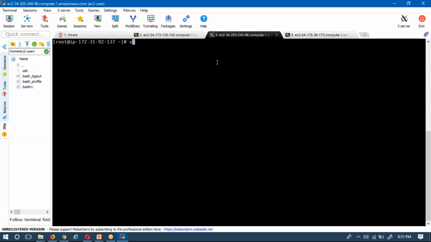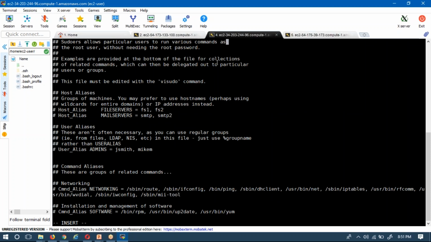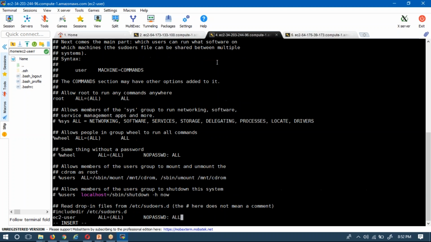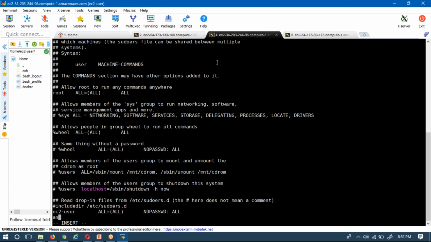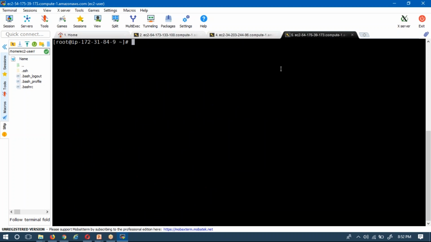Same way you have to do it on all servers. Okay, go to the end. So here again give ansadmin ALL=(ALL) NOPASSWD: ALL, for all actions. I don't want to give any password. That's it. Same way go to client 2, and there also